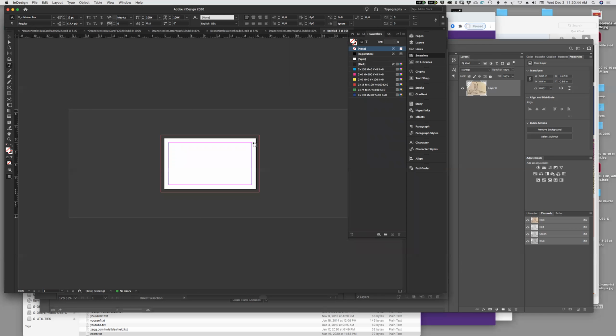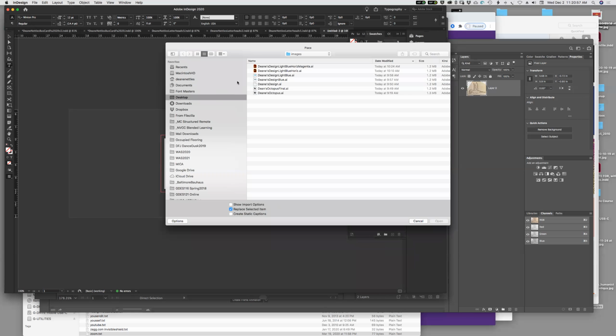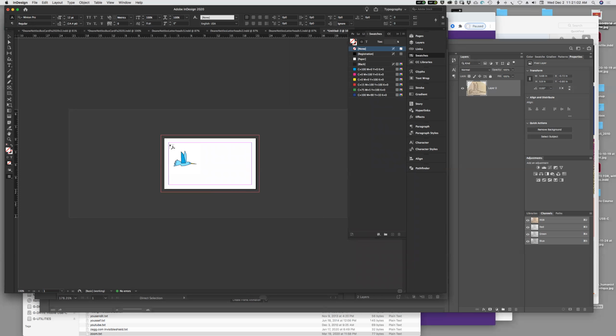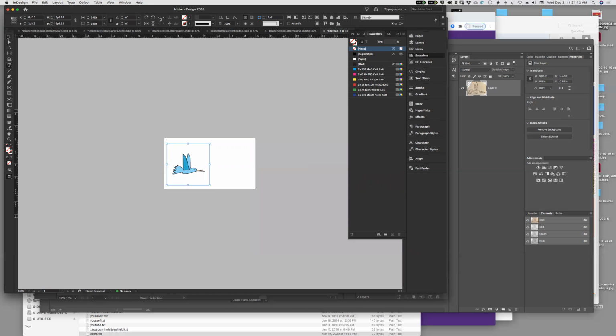I'm going to make it real size. Command 1 or Control 1 sets it at 100% actual size. File, place. Go to my desktop where I've got the bird. Click open. And then I can drag it to whatever size that I want. And there's preview. And there's the bird. And because it's done in Illustrator,